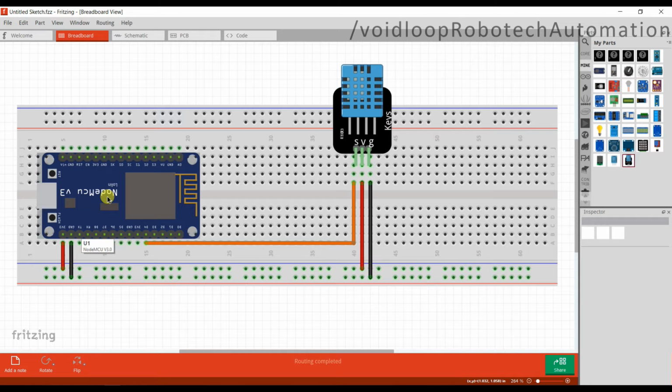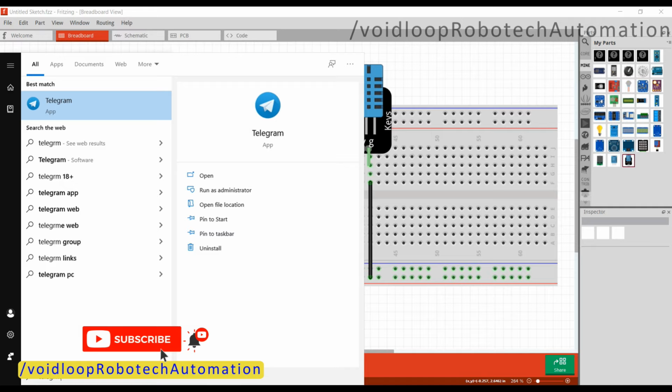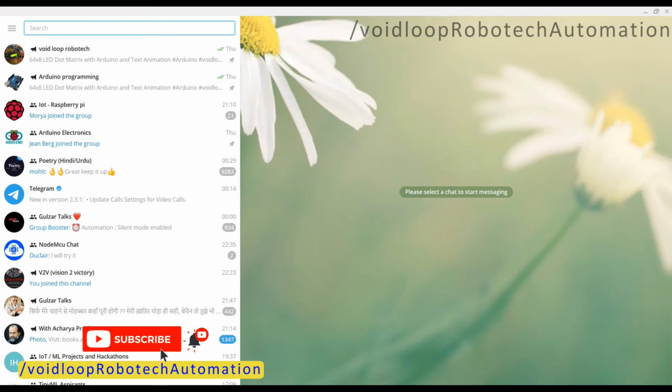Now we will see how to create a Telegram bot. We will create the Telegram bot and then we will make the Arduino program. First of all, I will open the Telegram application. I am using the desktop, you can use a mobile phone also.